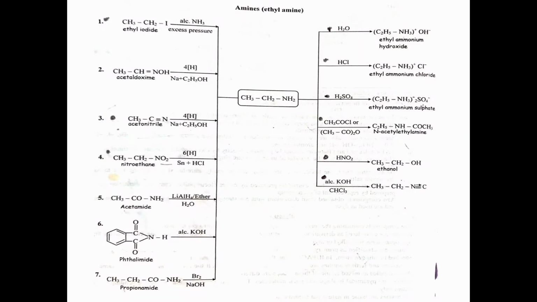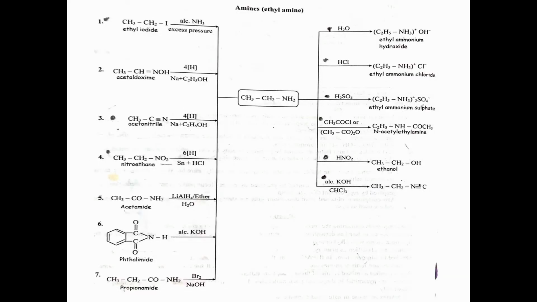Today we are going to revise the amine chapter, and it is a key diagram of the methods of preparation and reactions. Now you see the key diagram. The left hand side is the method of preparation of the amine, and the right hand side is the reaction that occurs with amine versus other elements.